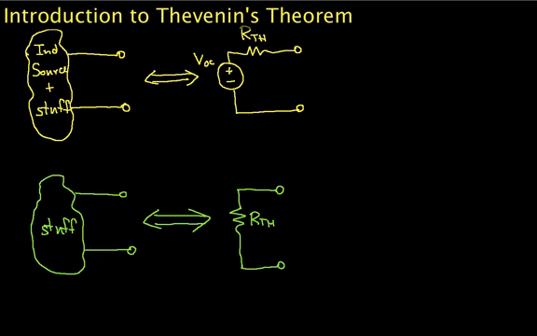Thevenin's theorem is the following. Suppose I have a whole bunch of circuitry, and this whole bunch of circuitry includes one or more independent sources. That's what I've indicated here. And it's got other stuff. And the other stuff could be resistors or dependent sources. And Thevenin's theorem says that all of this stuff, which is the other stuff plus the independent sources,